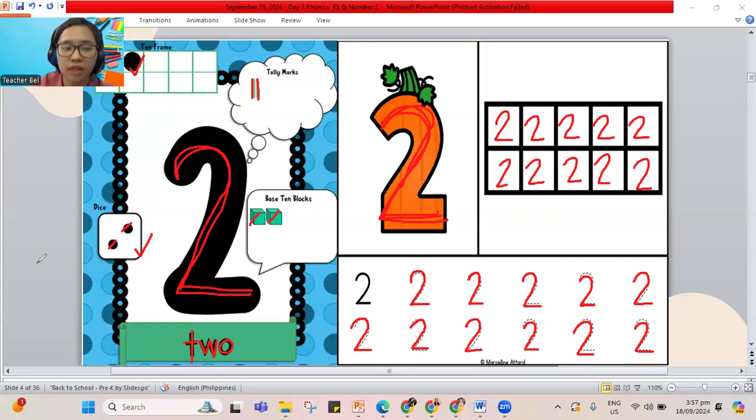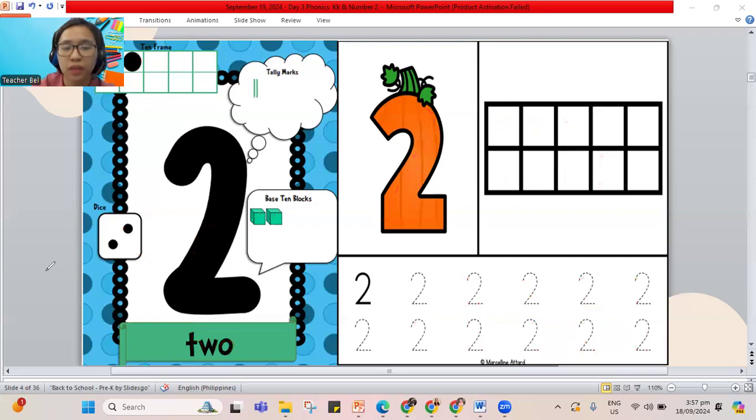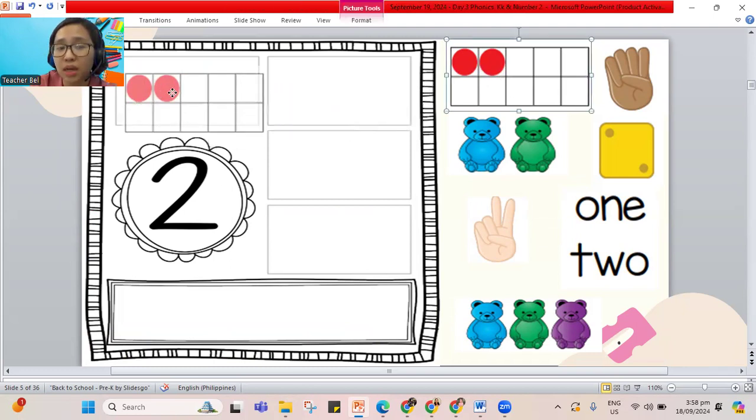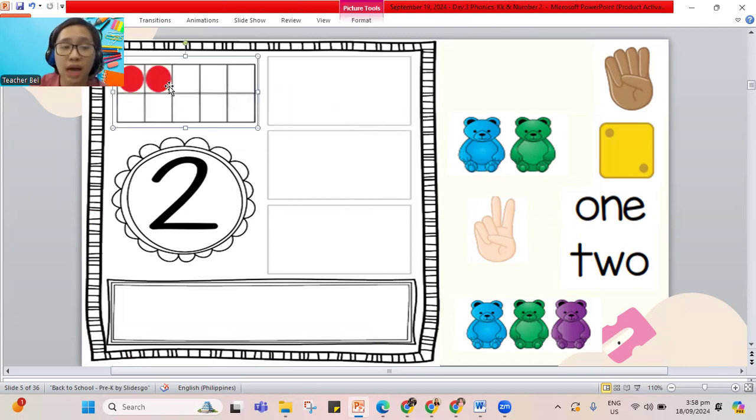Now let me erase the writings on the screen. I think we're done making our number 2 here. Let's set our pictures. Let's put them in our 2 here. So let's see what are the things that show 2. Let's check our frame that has dots here. How many red dots? That's 1 and 2. So this can be for number 2. Let's put it inside our number 2 box. How about our hand?